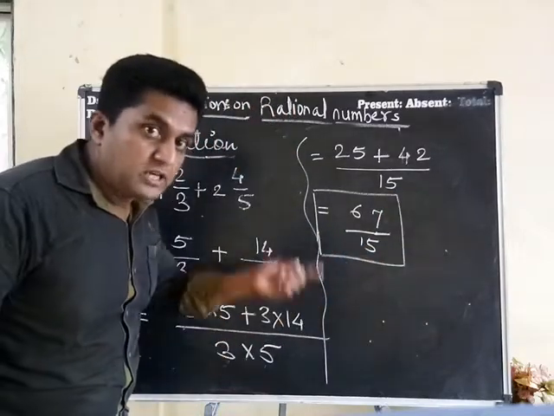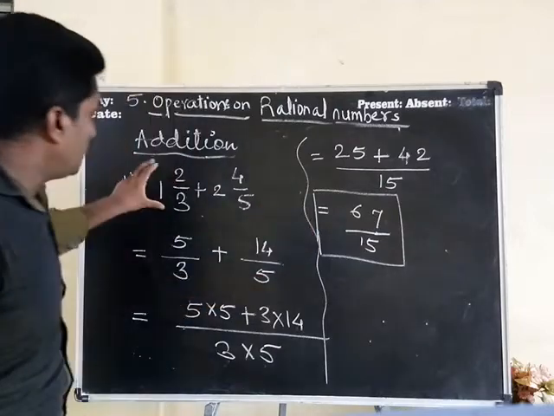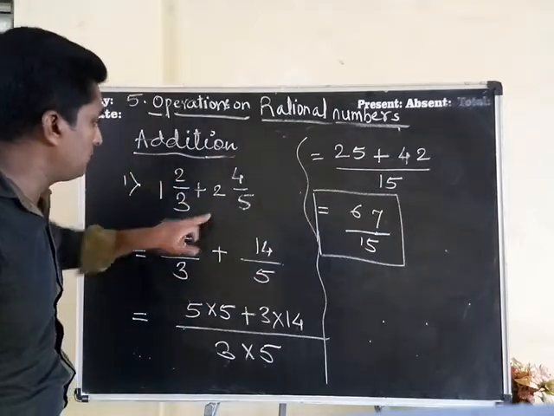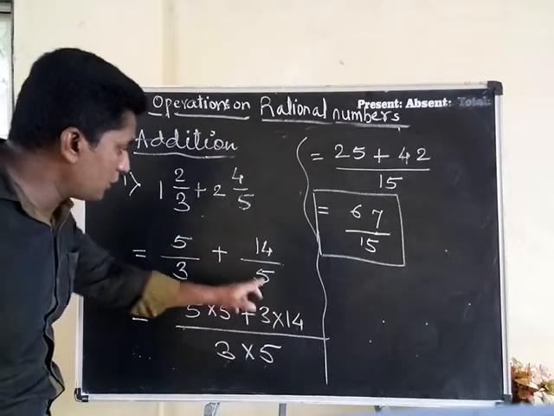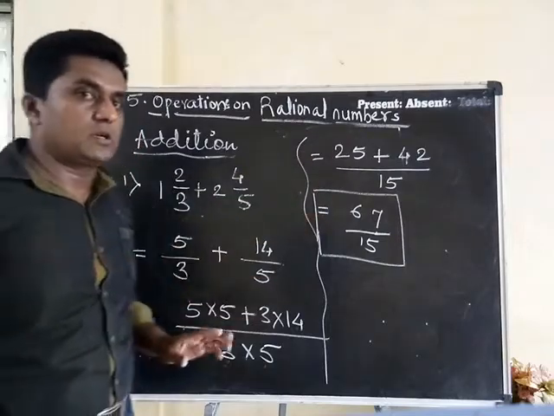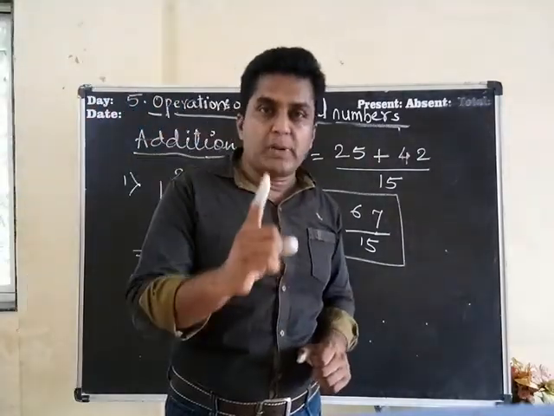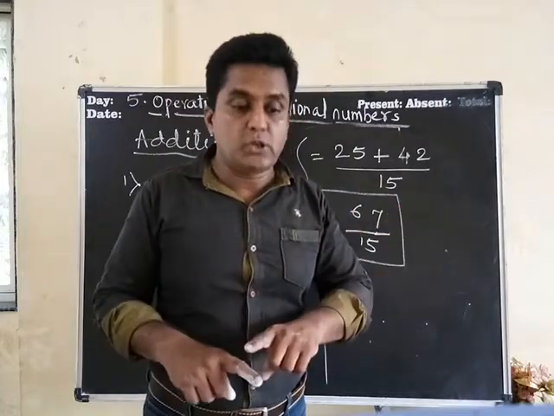Second sum is different as compared to first. In first, simply you had to add the fractions. Here you had to convert these mixed numbers into fractions. Okay, after converting it into fraction, then cross multiplication and this here, and then finally add, and you got the answer. Hope so. The first operation on rational numbers you must have understood, that was addition of fraction.